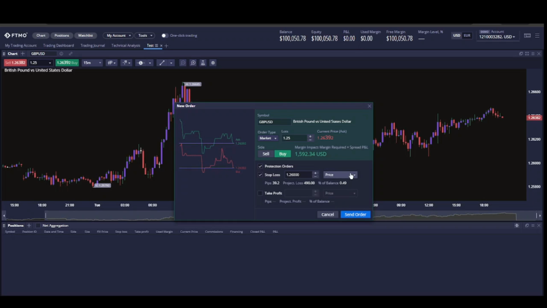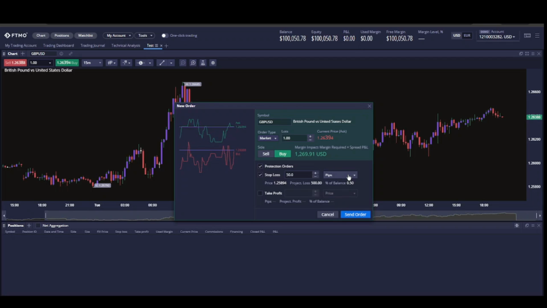So if you go back to stop loss, there are multiple ways you can configure stop loss. We can also do it in terms of pips. Let's say if I want to do a 50 pip stop loss, that will be equal to 0.62%, so our risk would be $625. Again, I can play around, and whatever my trading plan says, if the risk I have to take is 0.5%, I can make changes to my stop loss and also the lot size, and you can see the actual amount that you'll be risking as a percentage of balance.